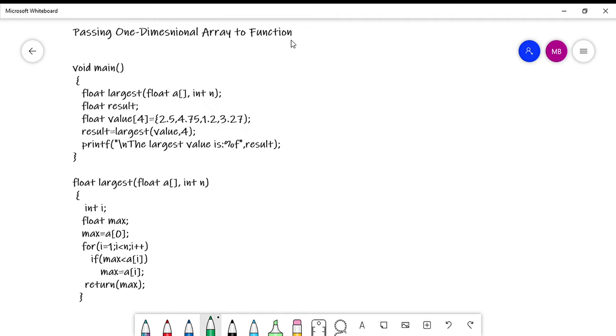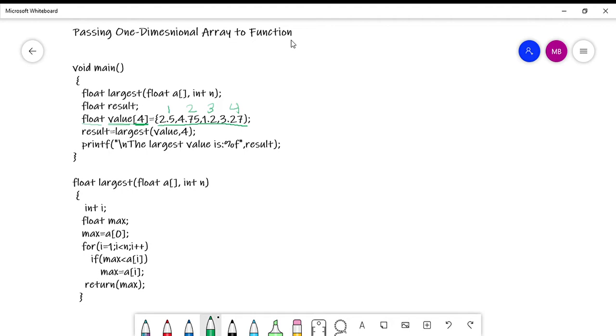Here you can see that I have declared an array whose data type is float and whose maximum length is 4. So the data type of this array is float, the name of this array is value, and the single dimension, the maximum length of this dimension, is 4. Then you can see here that I have initialized this array at the same time. There are 4 elements in this array: 1, 2, 3, 4. So these 4 elements of the array have been initialized at the time of declaration.